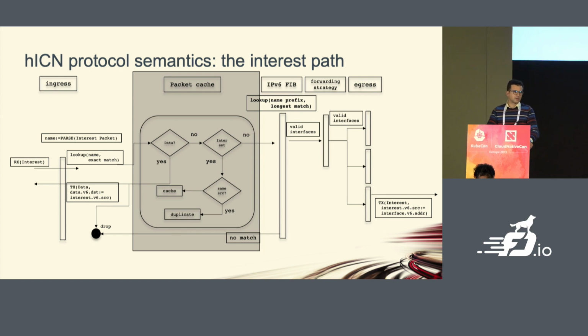The reason why we have this additional packet cache is that we want to reuse, as much as possible, the requests and the replies. If you can reuse a request, that means that you have several users asking for the same thing. And then the same reply can be stored for a short amount of time to satisfy several requests coming from different locators, so different consumers. And so this is the reason why we have this packet cache, which will be used also to implement the data, so the other pipeline, which is the data